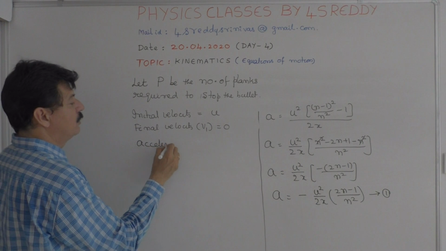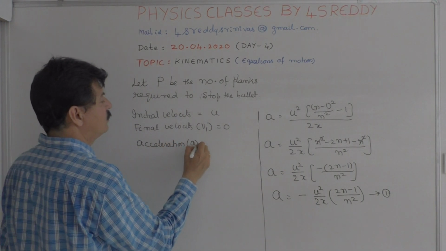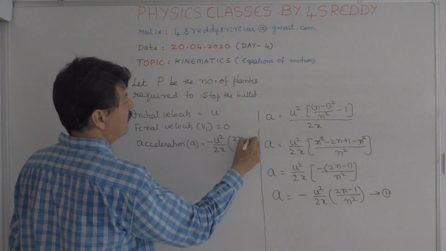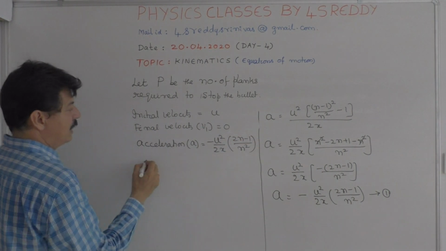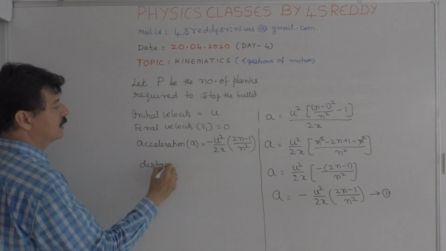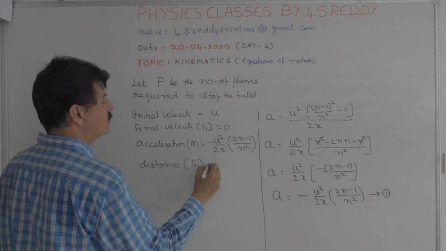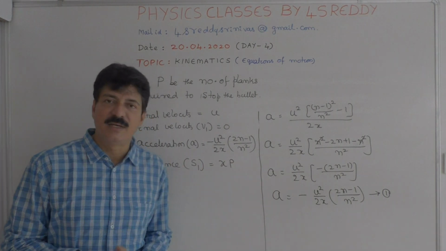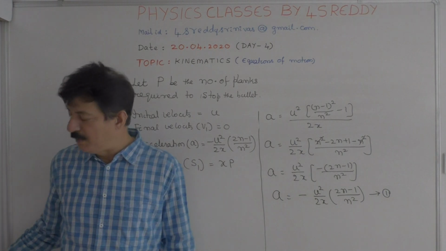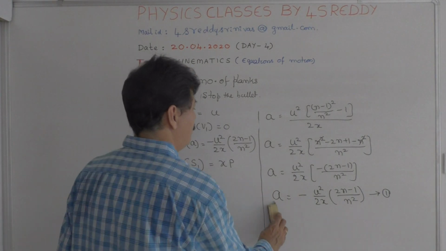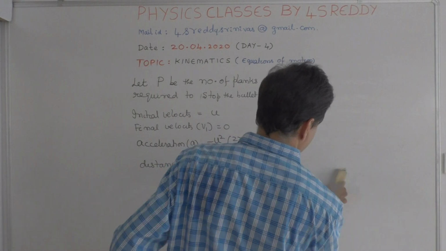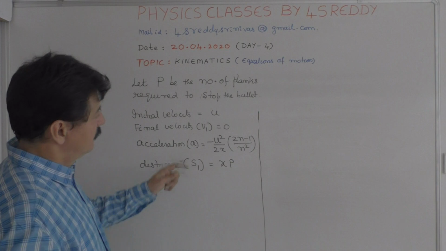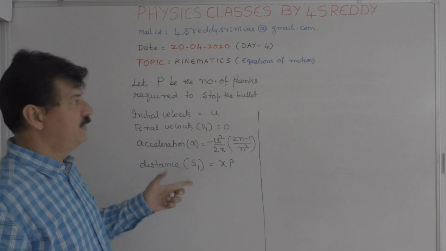Acceleration already known. a is equal to minus u square by 2x into (2n minus 1) by n square, and distance covered s1 is equal to x into p, because each plank is having a thickness x. While passing through p planks, its value becomes xp. Again we got the values of u, v, a and s. So we can apply the